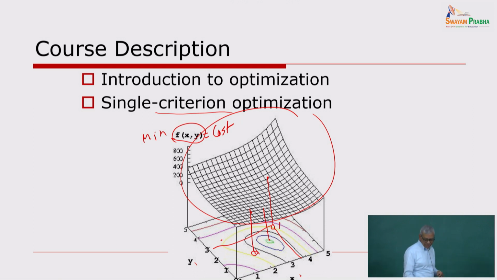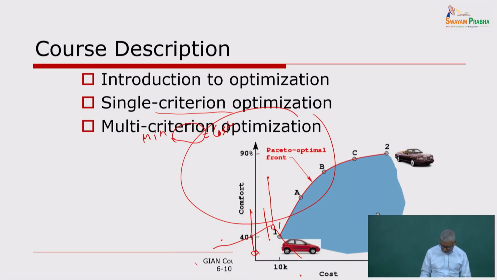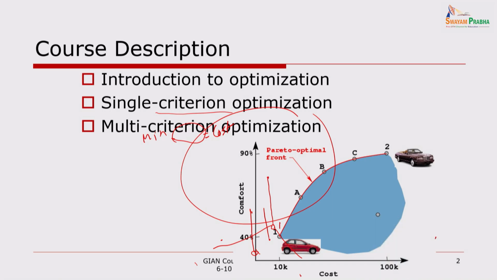So when you have a single f, that's called a single criterion or single objective optimization. Now let me see, I'll go this way. You can also have multi-criterion optimization, where instead of a single function f(x) that I showed you, you can have